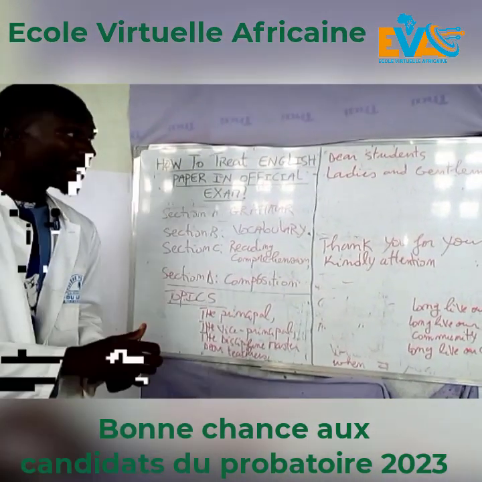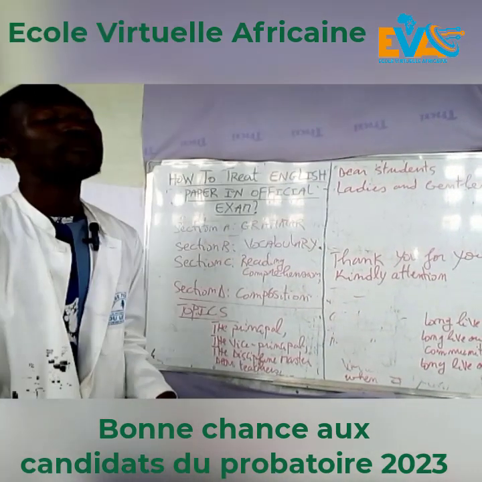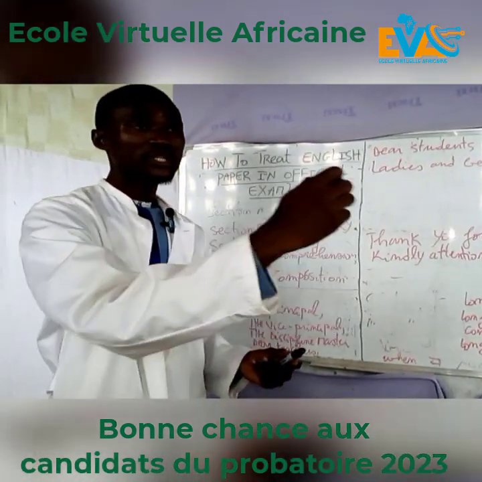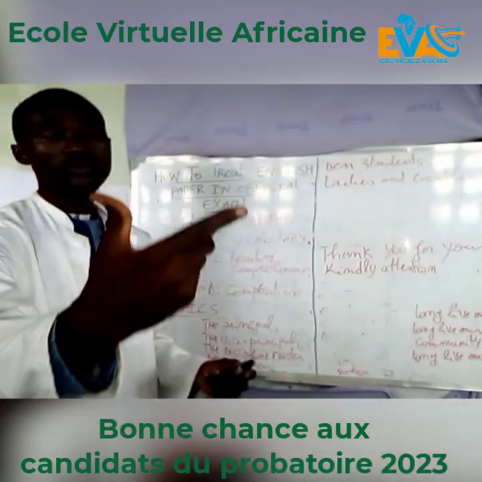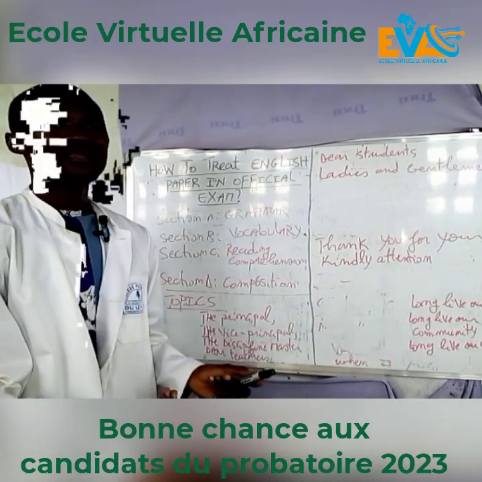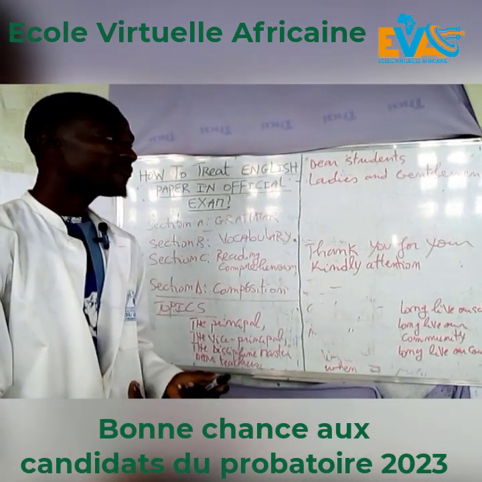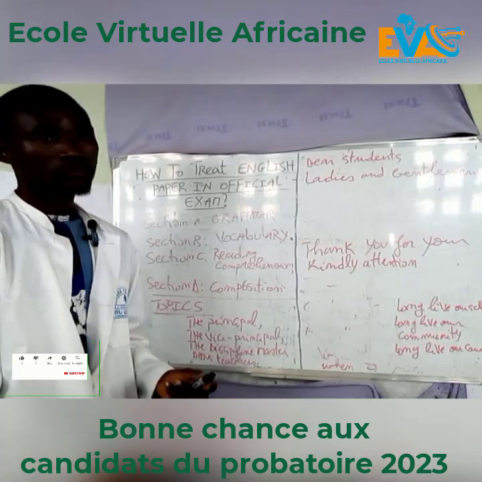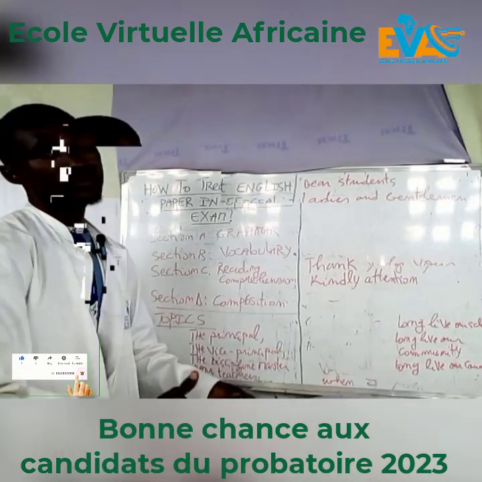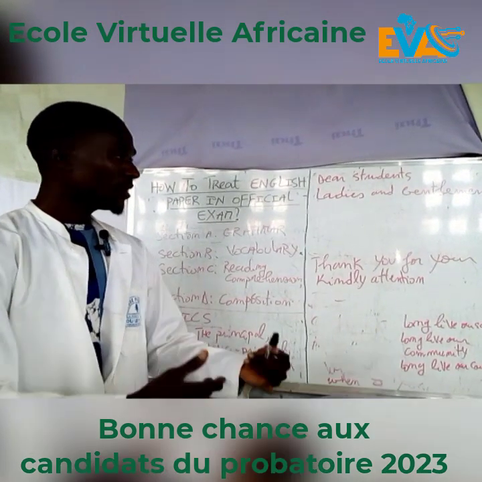Now, when you are treating an argumentative essay, you need to do a short introduction. You need to situate the topic in the introduction. After situating the topic, you need to give the problem, and the third part is what? You give the plan. Then you skip 2 or 3 lines. You start your body with connecting words. When we are talking about an argumentative essay, you need to enrich your work with connecting words, and you all know that. When you are starting a first idea,